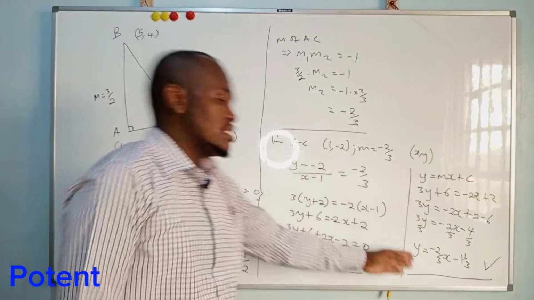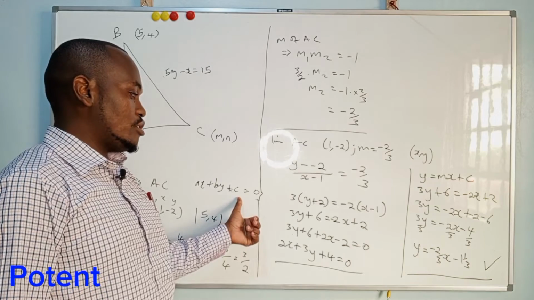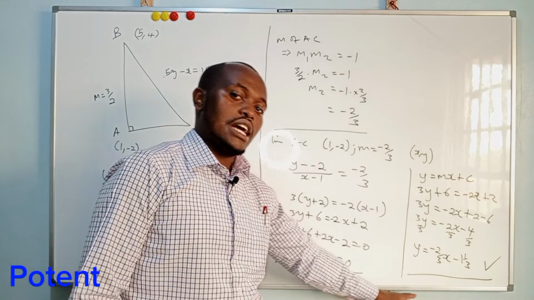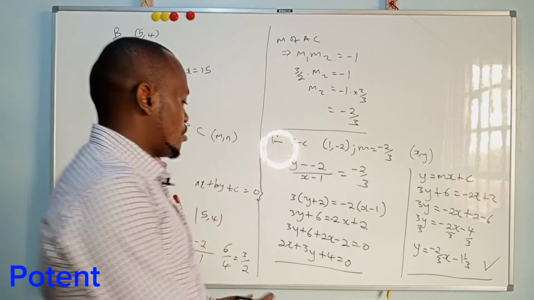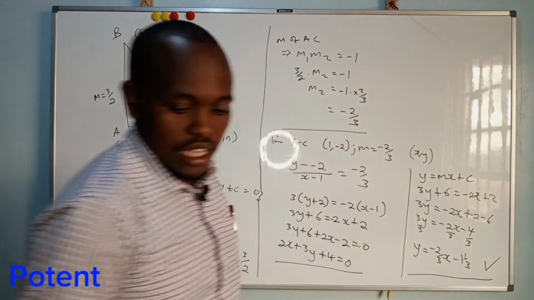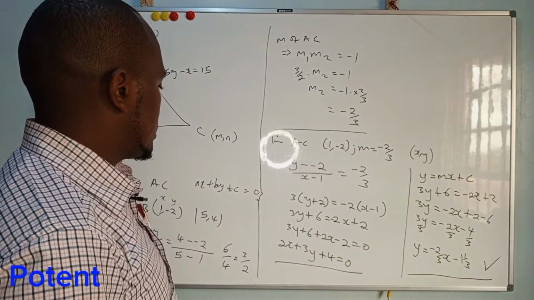If you give the other as your answer, you'll be penalized because you have not given it in this form. You'll get marks for the method, but you lose 1 mark for the answer. So be keen, be keen. So here, this was the answer. This one I've just done to demonstrate. Alright, so with that, let us